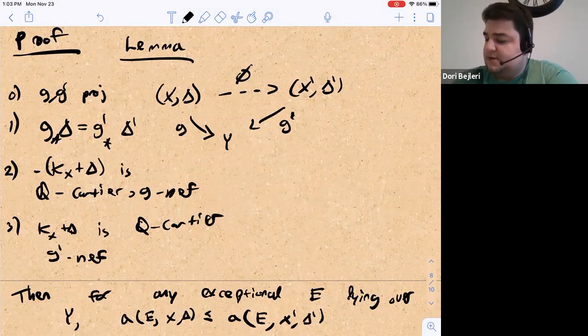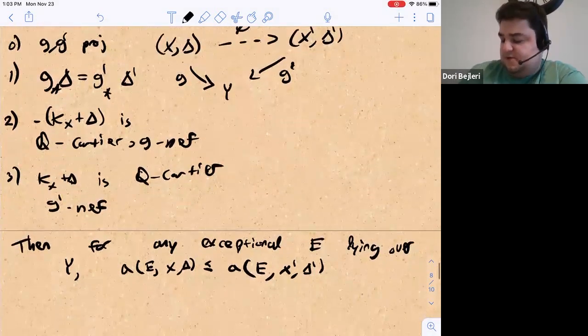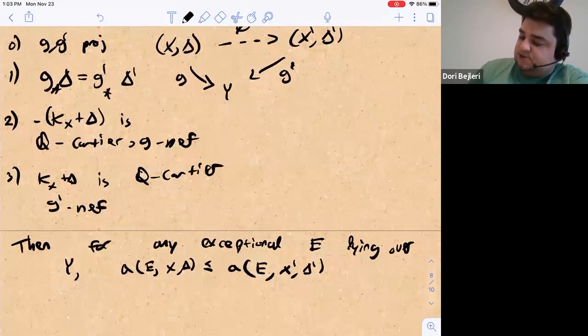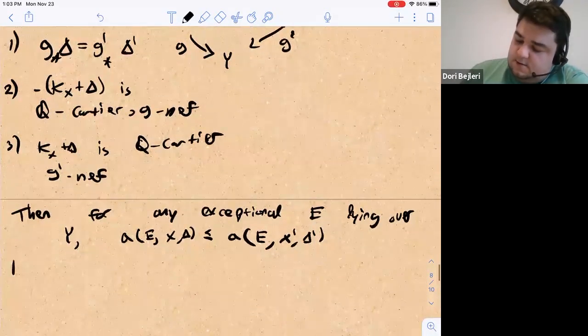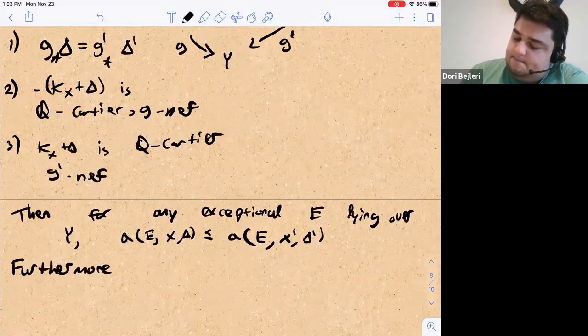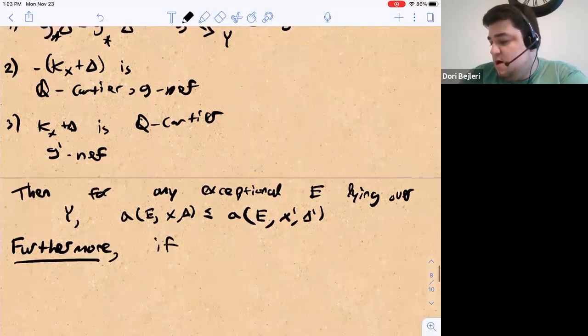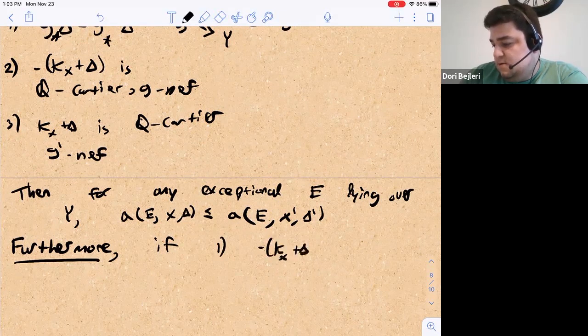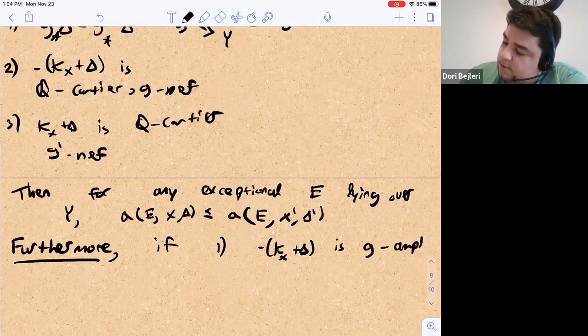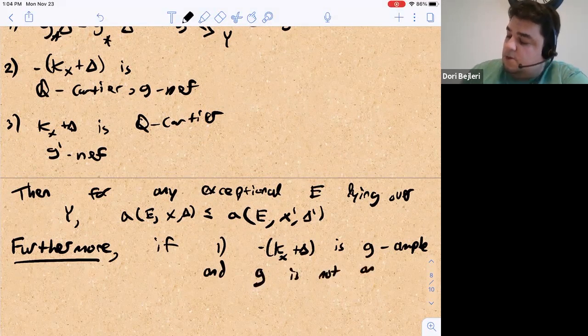So in our actual applications, we'll have a little more, and if we do have that little more, then we actually get a strict inequality here. So if either minus kx plus delta is g ample and g is not an isomorphism along this E,